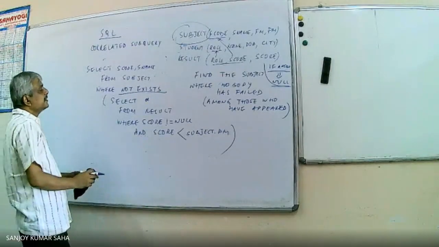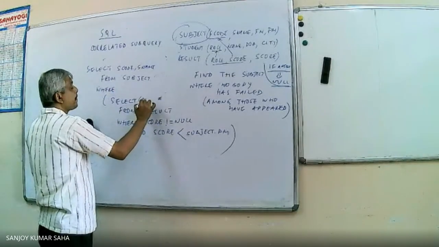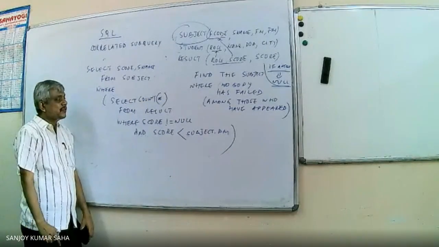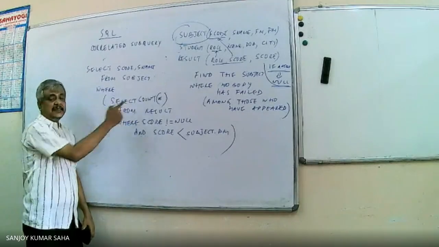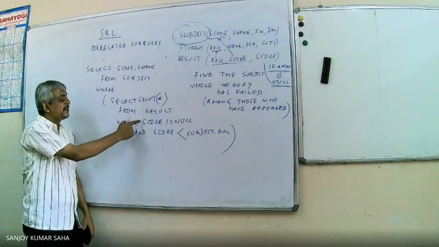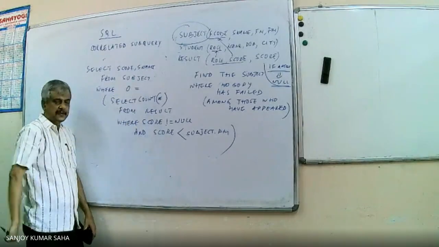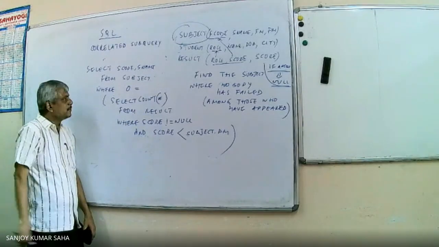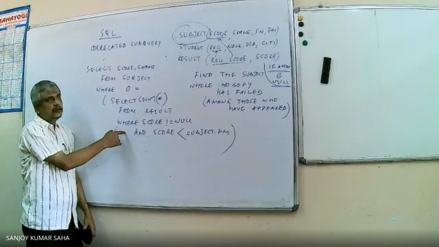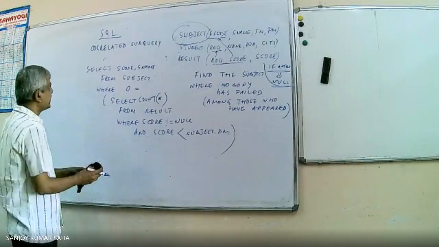Say, if we go for this, select count star. If in a particular subject nobody has failed, this count star will never give us null. If it cannot find any people satisfying this condition, it will return 0. So 0 equals this. That means nobody who appeared in that subject has failed in the exam. So we will be getting the list of those subjects. Right? So this is a correlated subquery.